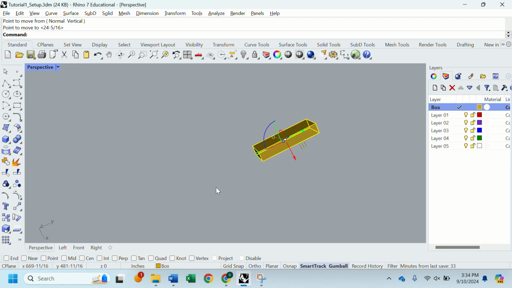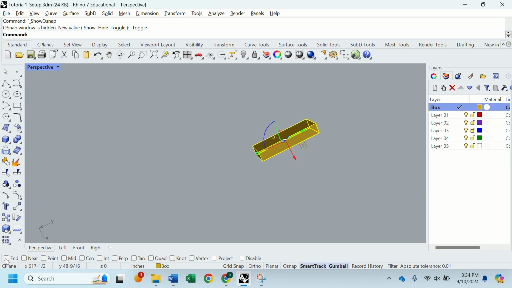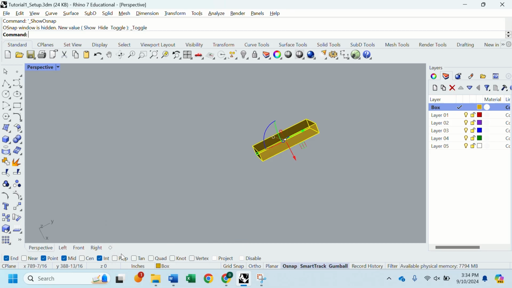Okay, so we're going to use something called snaps here. And if you look down on the bar here, these are called your object snaps, your O snaps, okay? And if you can't see them, just click on the O snap and this will come up. But I always like to have end, point, mid, intersection, and I think that's everything for now. Sometimes I'll have center enabled, sometimes I'll have near, but really I find these ones, end, point, mid, and intersection, the most useful for me. So now if I run that move command again,